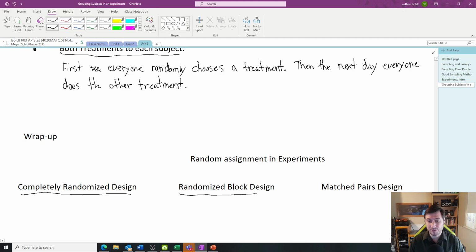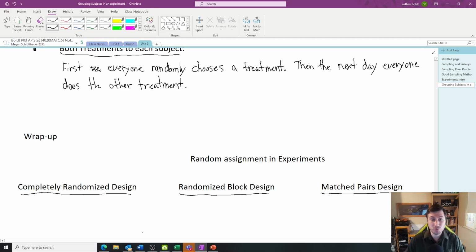You group people by a way that they are similar, a block design. All right. If it works, it is sometimes even better to do a matched pair design where you have a whole lot more groups. All right, you pair people up or you give the treatment to both people and